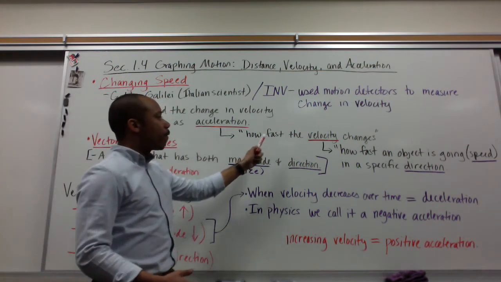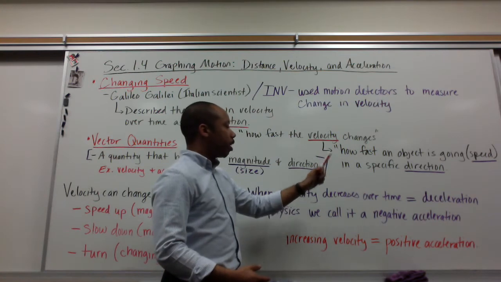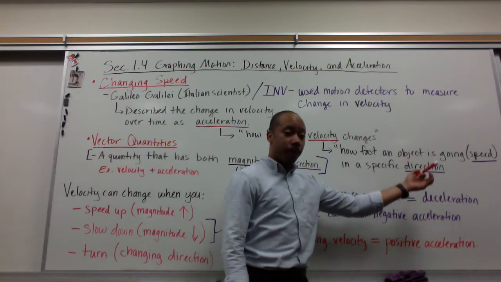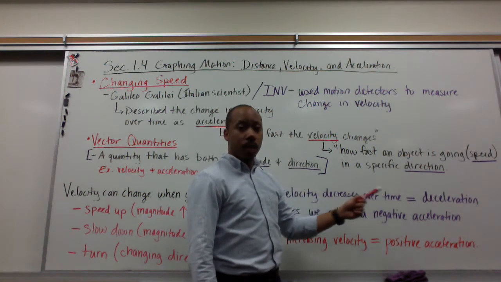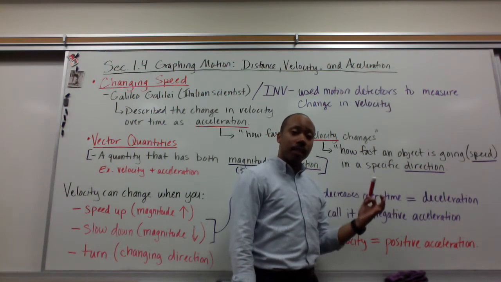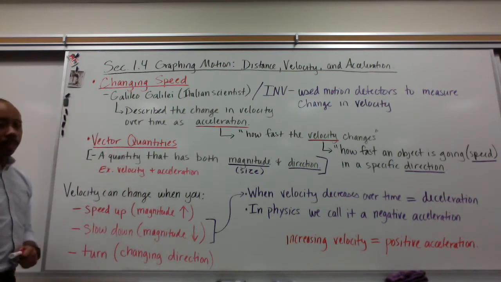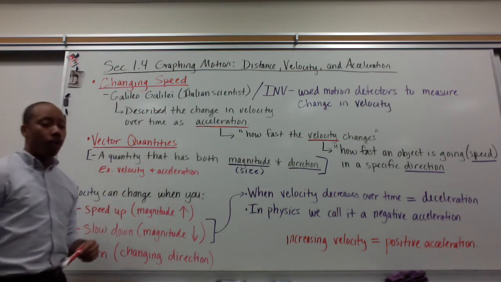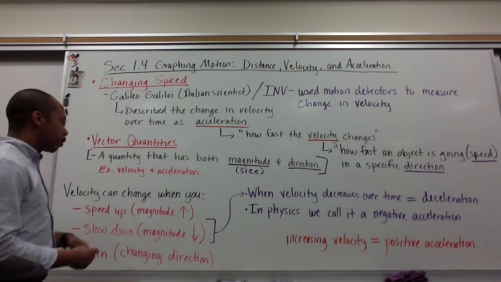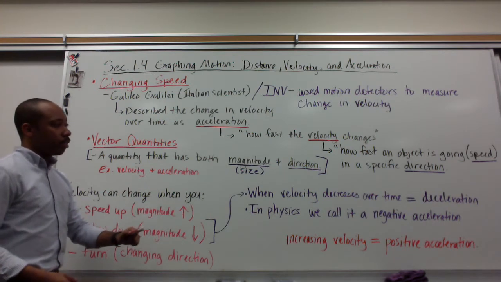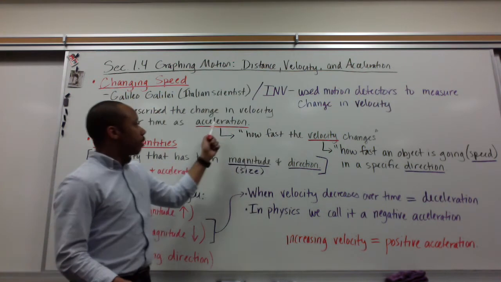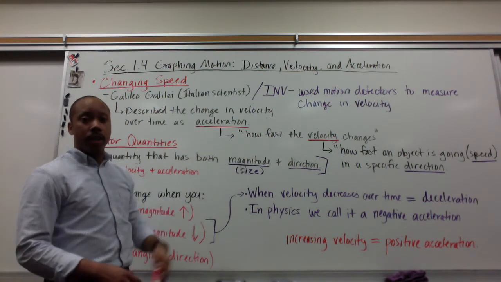Acceleration can be described as how fast the velocity changes. And velocity can be described as how fast an object is going, which is its speed, in a specific direction. Velocity depends on both speed and direction. Velocity, thus, is defined as a vector quantity. A vector quantity is a quantity that has both magnitude, which is its size, and direction. Examples of that, in this case, are velocity and acceleration. Velocity depends on speed, which is a magnitude, and direction, and velocity defines acceleration, ergo making acceleration a vector quantity